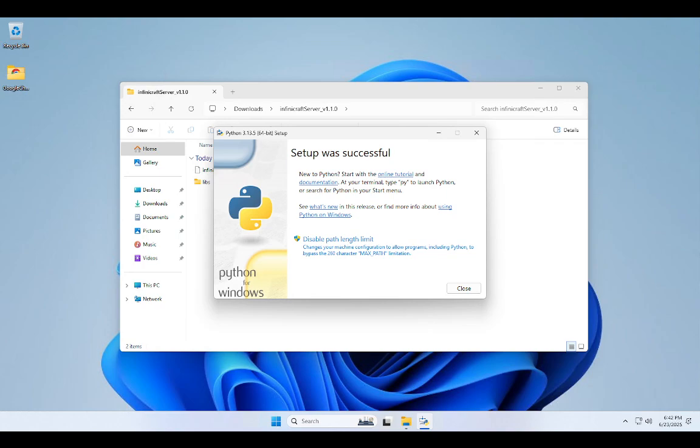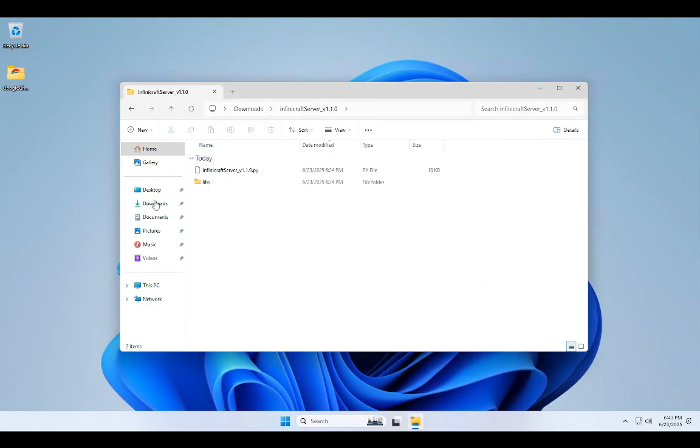My bad. Now this has a thing that says disable path limit. I would click that and it disappears, just because I would do that if I were you. Great. And now with all that out of the way,